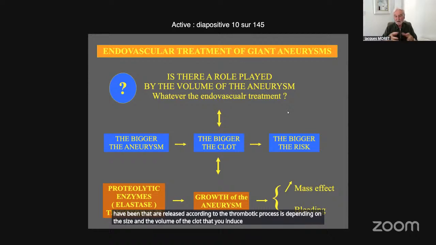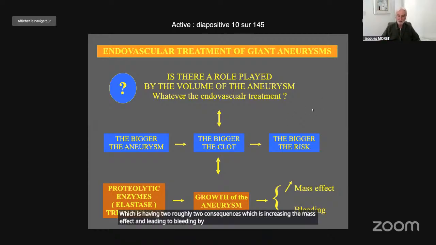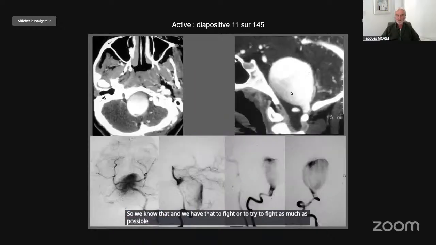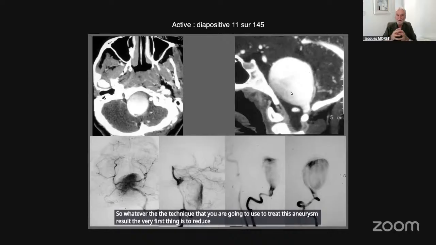This has roughly two consequences: increasing the mass effect and leading to bleeding by destruction of the wall, because those enzymes are proteolytic. So we know that, and we have to try to fight as much as possible to avoid this kind of complication. Whatever the technique you use to treat this aneurysm, the very first thing is to reduce the volume of the aneurysm,